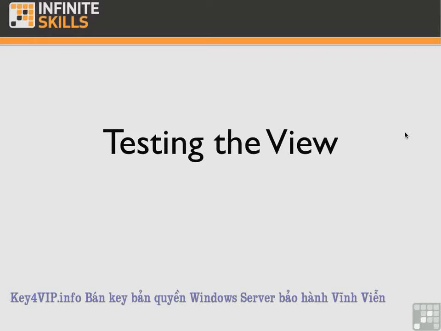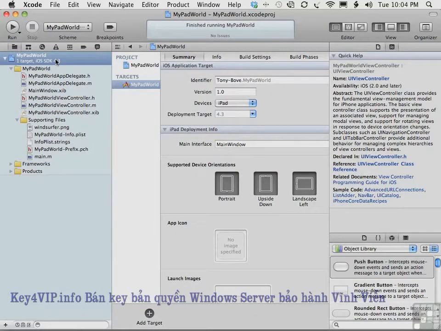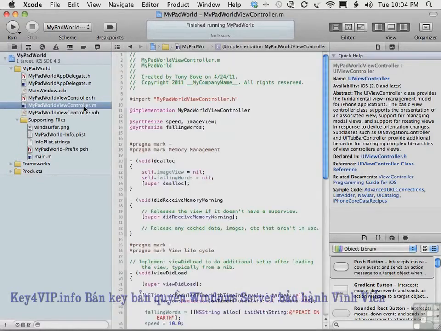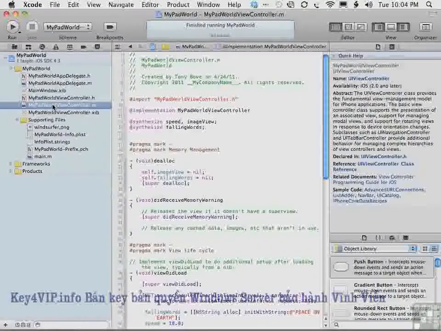Now we have to test the animation view that we have. It's a good idea to make sure that this code works before we move forward with user preferences and other code in the MyPadWorld sample app for the iPad. Now here we are in MyPadWorld, and as you know, we have just finished changing the view controller, MyPadWorld view